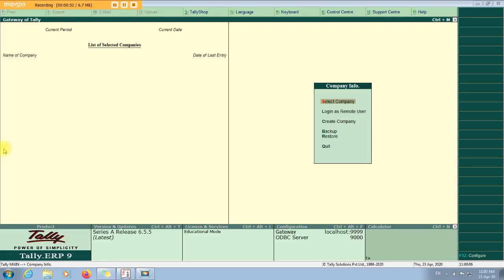Okay, let's begin. In this site, you will see the list of companies, and this is your company info. If your screen doesn't look like this, press Alt F on your keyboard and you will get the company info. Go to create company,